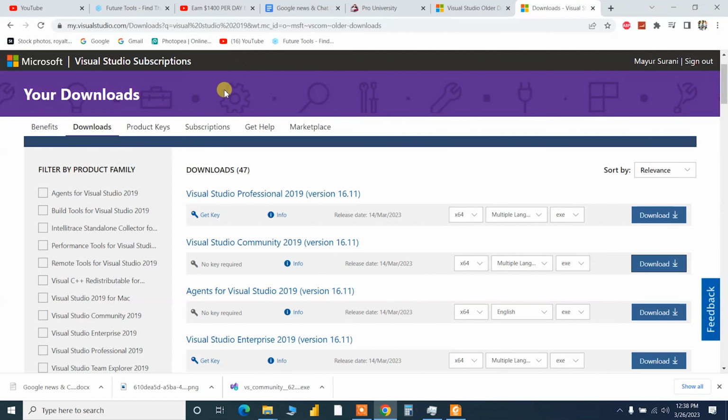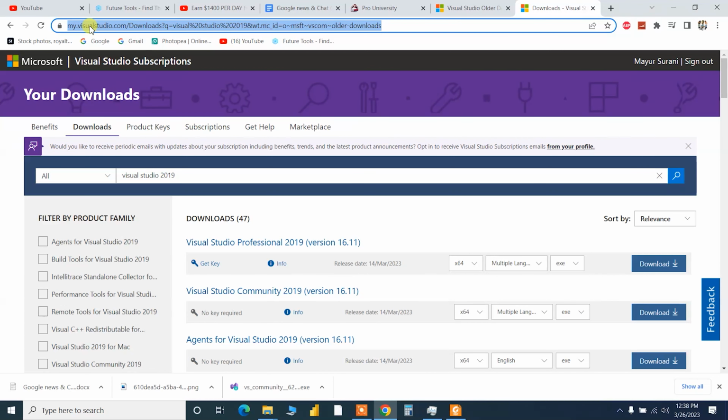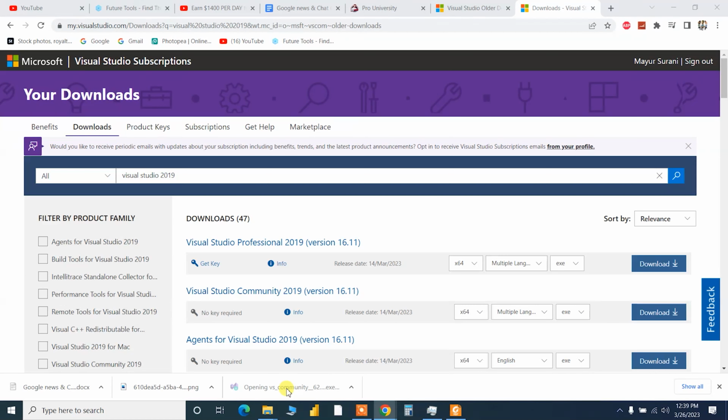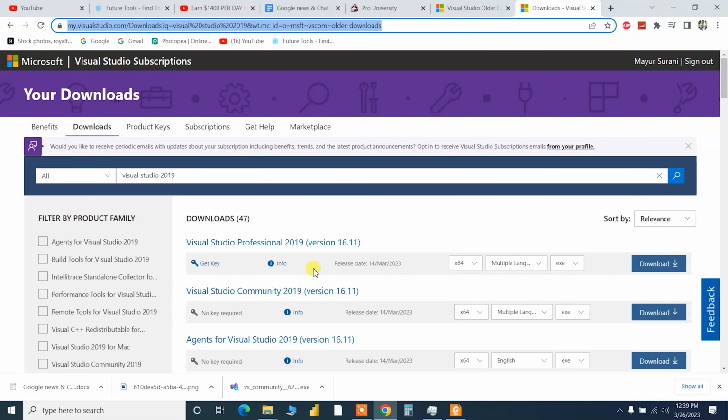So for example, I will open up the Microsoft official website, Visual Studio. From there you can download the old version of Visual Studio 2019. We will install Visual Studio Community 2019, so it is free. I already downloaded this version, so I will install it. This is the first step you can process, and thereafter you need to download MySQL from the Oracle